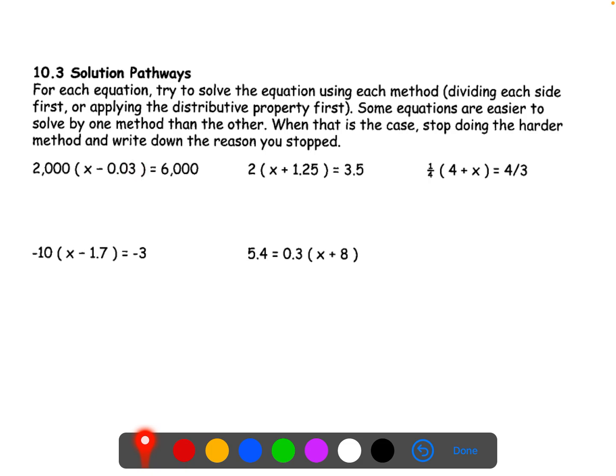So my next thought is, what if I just get rid of this 2,000 times and start from the beginning so I don't have to distribute it? In this case, that is going to be the way to do this. And I can tell because 2,000 goes into our total here quite easily. So we'll divide this side by 2,000, divide this side by 2,000,